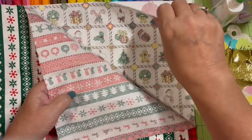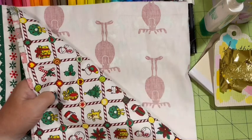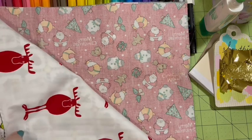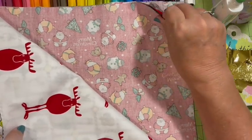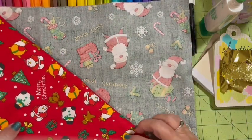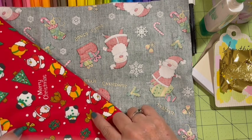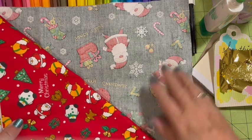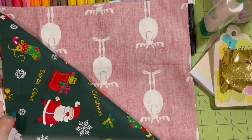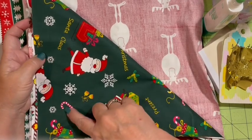And this is the second sheet. I love all these little squares. It looks vintage. This is hilarious. Look at the moose. Look at the moose. That is hilarious. And then you've got this cute little Christmas with the snowman and the teddy bear and the puffy reindeer and the gingerbread and Santa. Very, very cute. And then next we have the green with Santa and the snowflake, the bell, the candy cane,